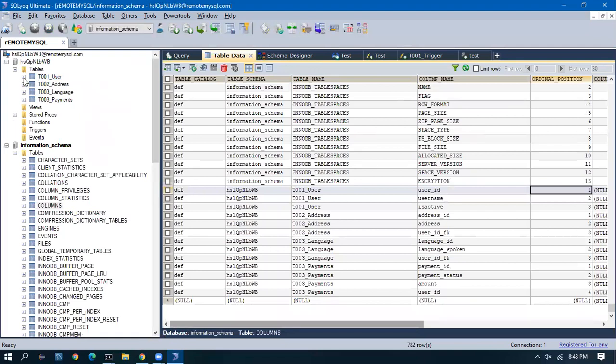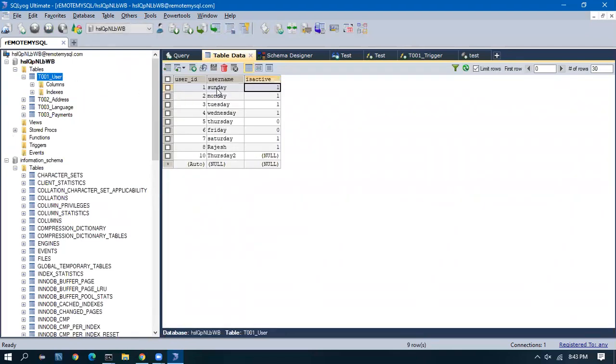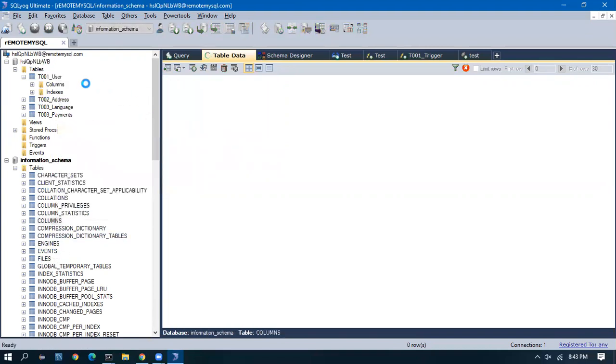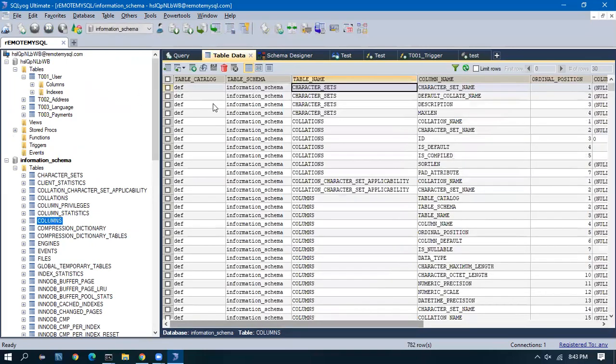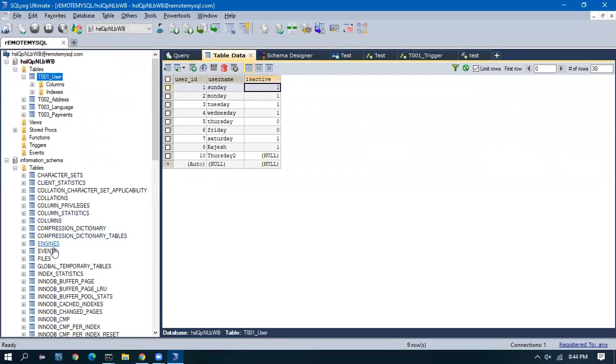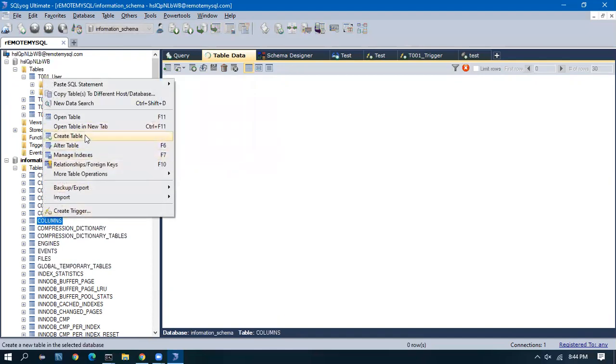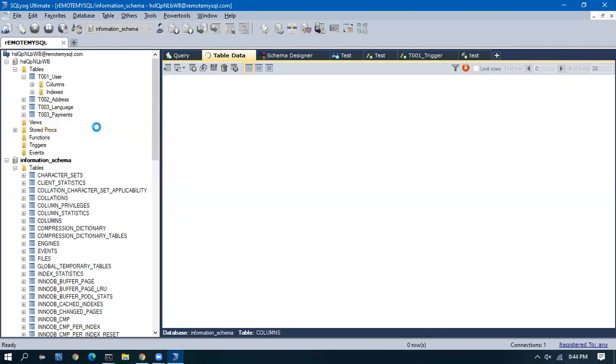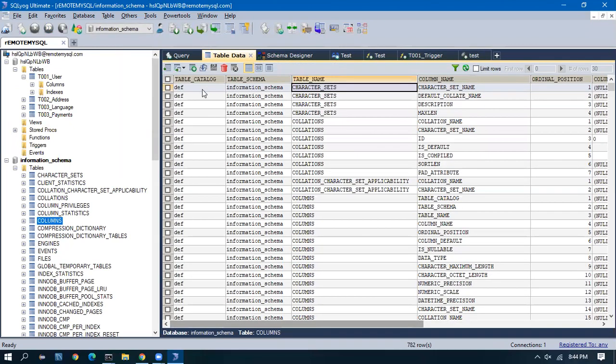If I open up one of the tables, the user table, it is not opening multiple tabs.